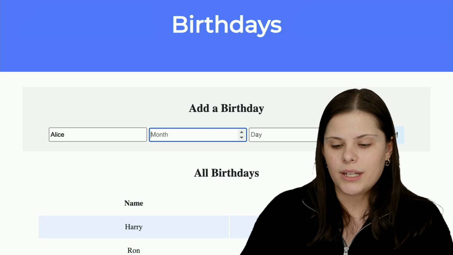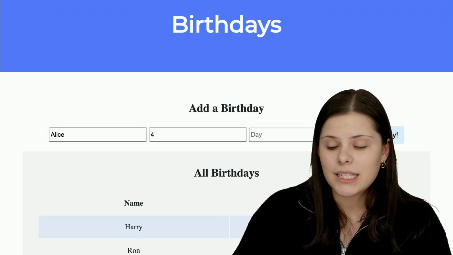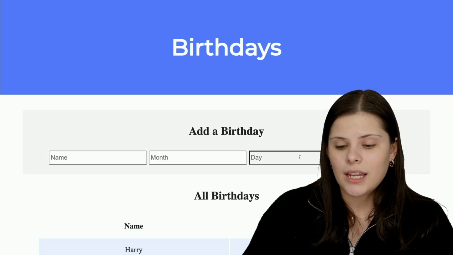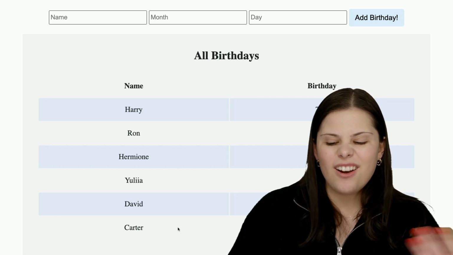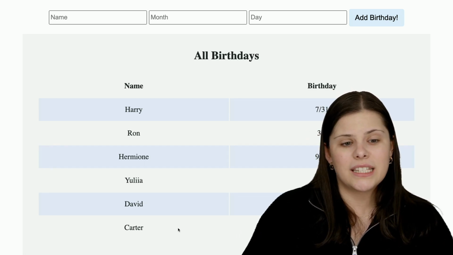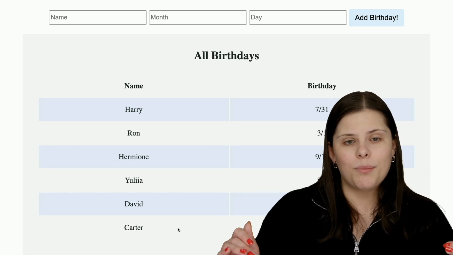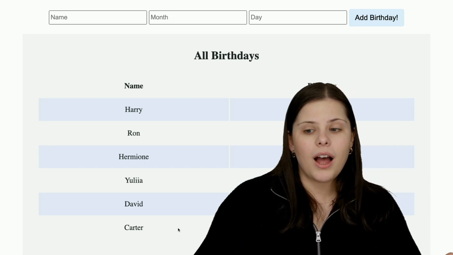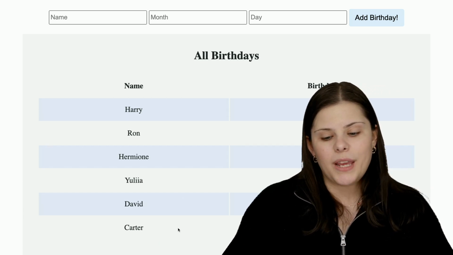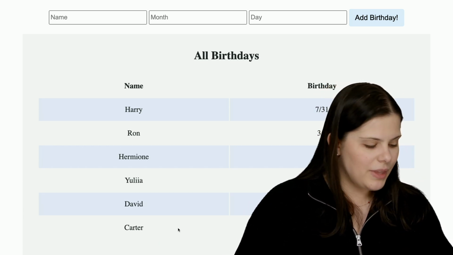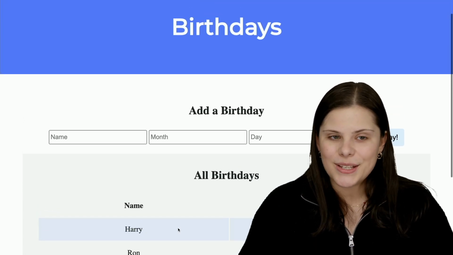But if I forget, for example, to input the day for Alice, ideally we shouldn't see anything in the database. And let's scroll down, and we didn't. And that might not be super user-friendly, because if they accidentally mistyped it and then they don't see it outputted on the table, it's not very intuitive why, but adding some alerts and maybe some other visuals could be helpful for making it more user-friendly. But I think for now, we have a pretty good bare bones website that would allow us to keep track